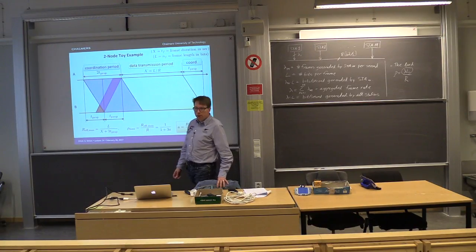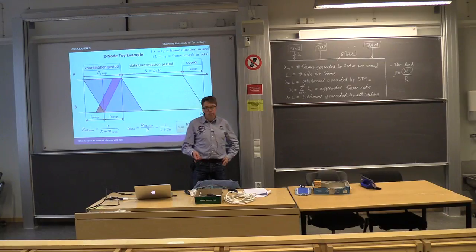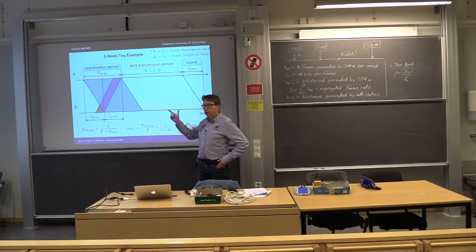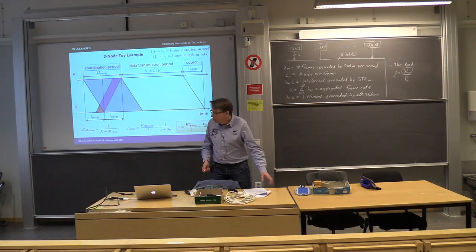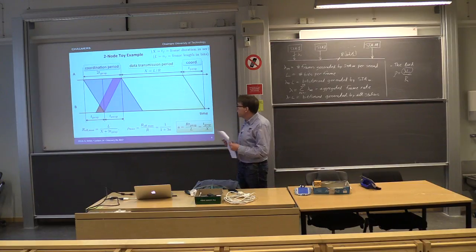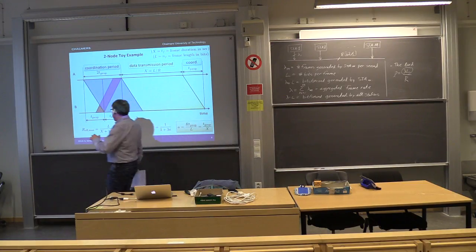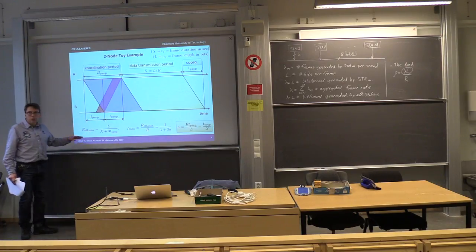Okay, so let's continue the analysis here. We're trying to analyze this toy example where we have two stations following a certain protocol and figure out what is the maximum load, what is the efficiency, and etc. for this scheme. First of all, if we want to calculate the effective data rate, that is the number of